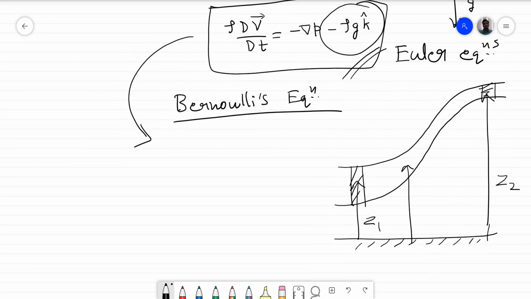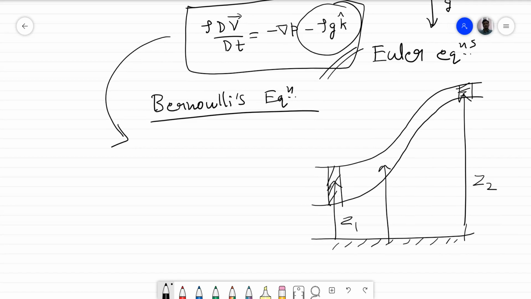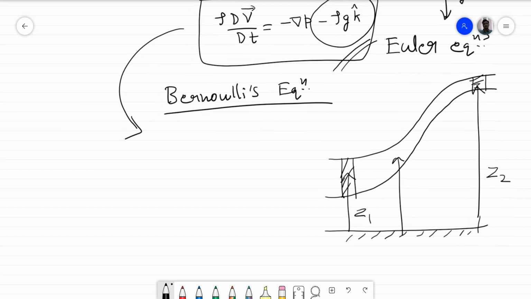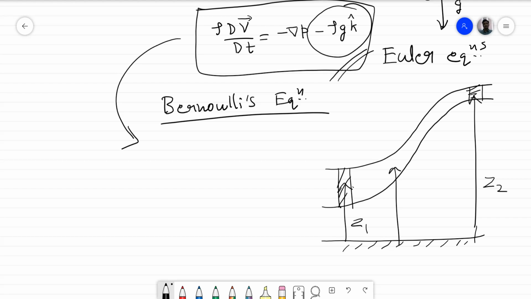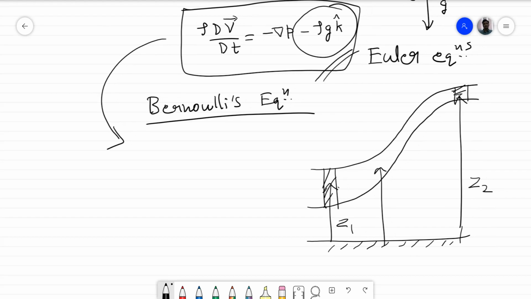Here, when you derive it from the energy point of view, certain things are not so explicitly clear, such as that Bernoulli's equation tells you the relationship between these 2 points only along a streamline. What is a streamline? We have already discussed that when we discussed path lines, streak lines, and so on. So if this is a streamline at an instantaneous point of time,